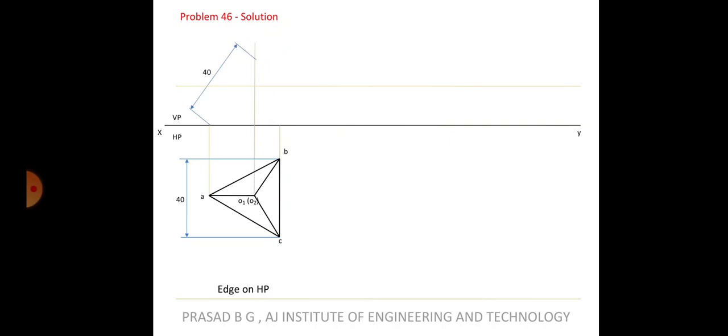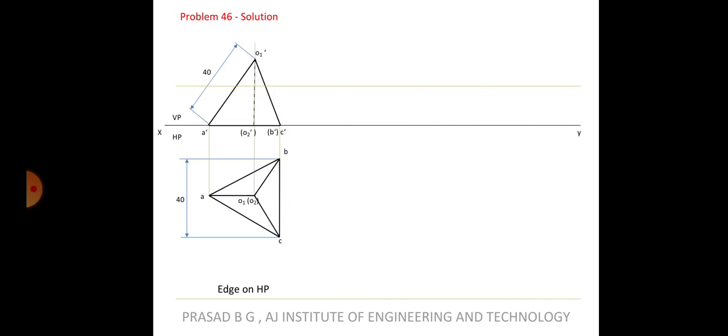See here, the slant edge is equal to 40. So based on that you will draw the front view. The axis will definitely be less than 40. We don't know how much, you can measure it and see later. But that is not important here, because axis height is not given. What is to be known is that the slant edge is equal to 40. Alright, so O dash A dash is equal to 40. This will not be given in the question. You should understand it. When it's a tetrahedron, the slant edge is equal to the side of the base.